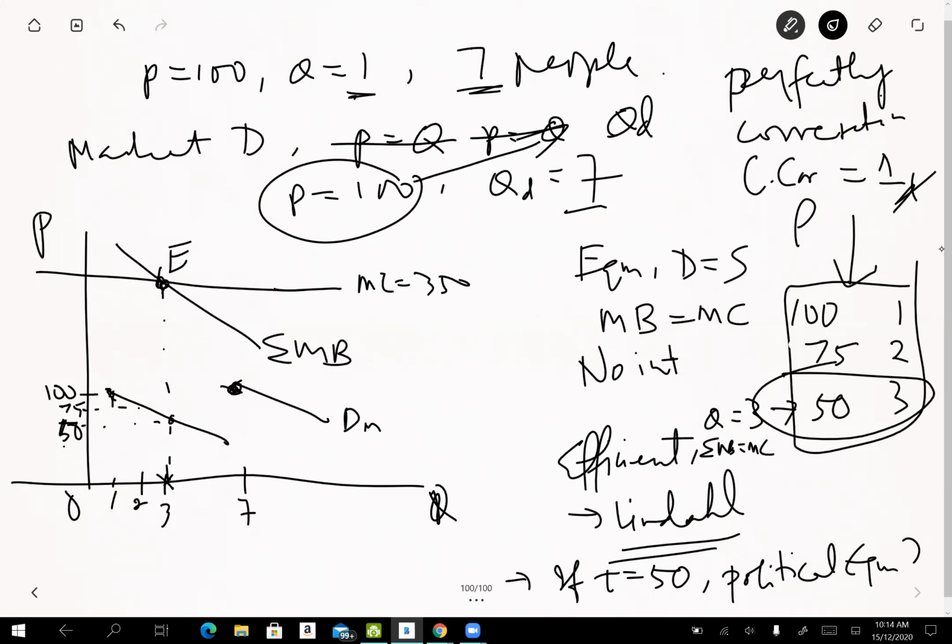You go by 100 first, huh? Okay, if the quantity is 100, the price they are willing to pay is 100, the tax share is 50. So what is the outcome of the voting for Q equal to 1? All residents will vote yes. Is that right? Because the price they are willing to pay is bigger than the tax.